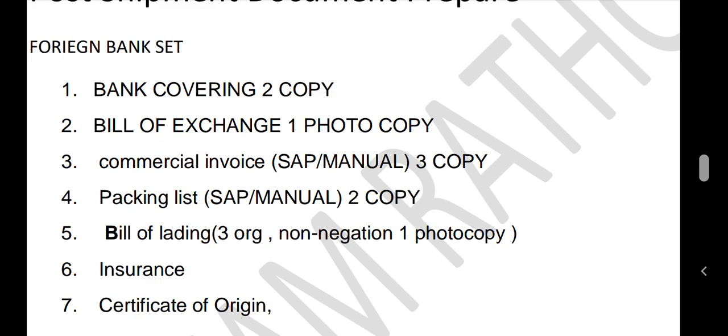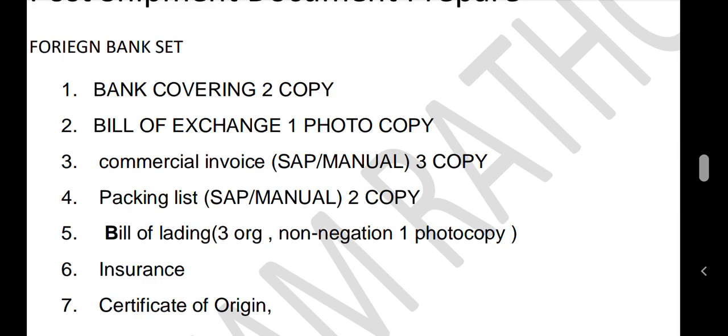The second document is the bill of exchange. Bill of exchange is the document for the foreign remittance collections. In this document also we need to mention the order number, the amount which we need to collect, the bill of lading number and bill of lading date, and the bank name.